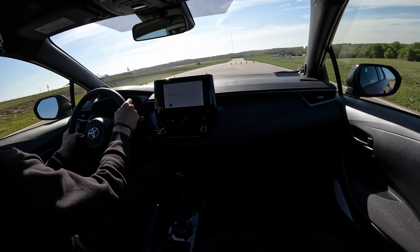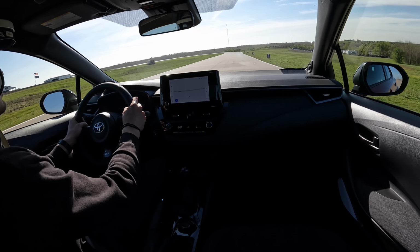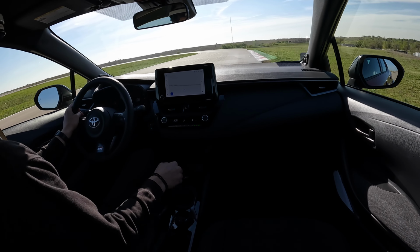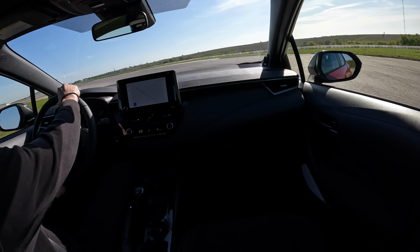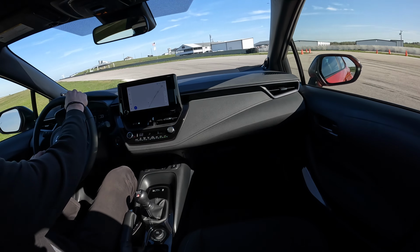That thing is 100 pounds less. It's also got more boost pressure. I think this is about 25 PSI of boost. So that Morizo edition ups it to 30, puts it on Cup 2s, and it shaves about 100 pounds of weight. Now, another thing that I'll talk about as we enter the cool lap here is they did a